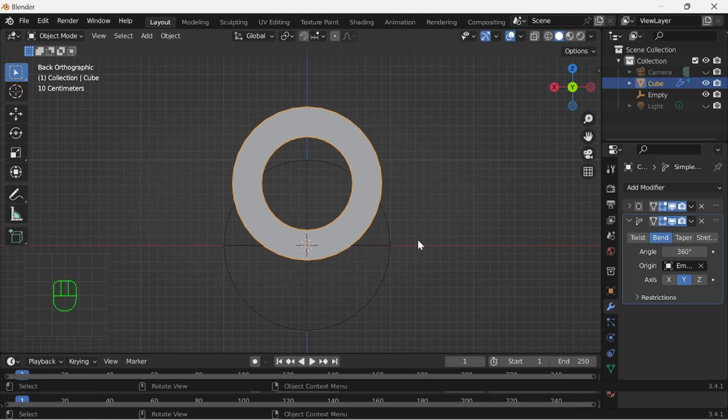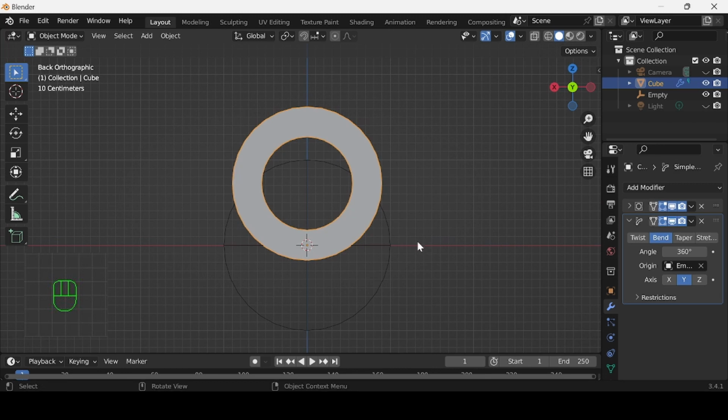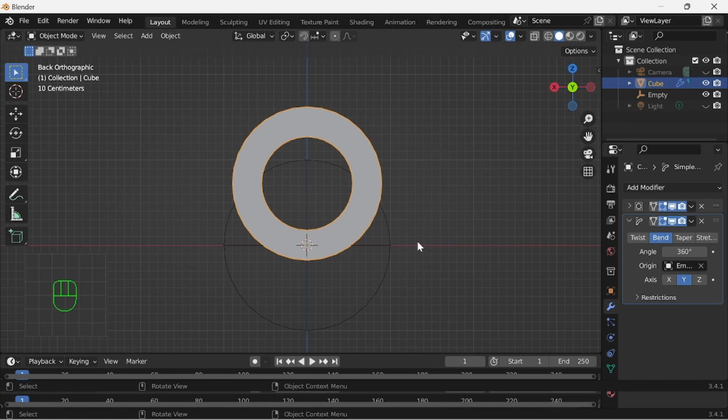I will quickly show you a practical application where you can use the simple deform modifier. I will texture the interior of a tube, like the kind of tube you would use for a subway train station, which happens to be a project I am working on at the moment. So here goes. Add a cube